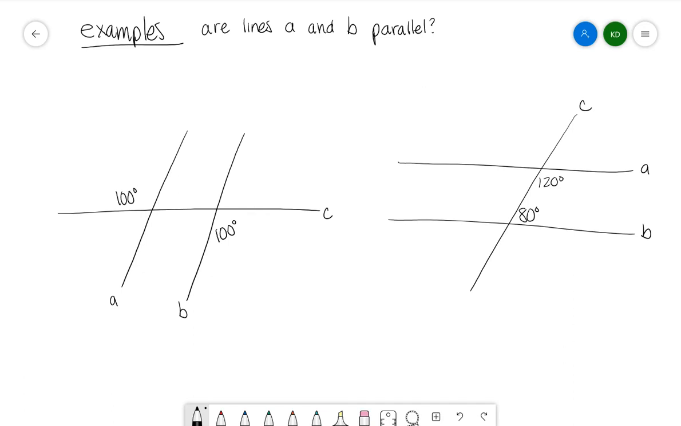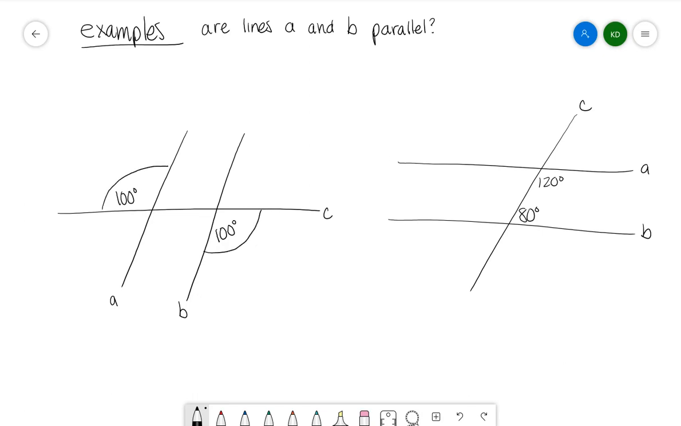What I notice is I have two lines, A and B, I have a transversal, C, and I have these two angles labeled. Even though A and B may look parallel, it's not enough to say they're parallel just by looking at them. We would need some way of proving that these two lines are in fact parallel to each other. When I look at 100